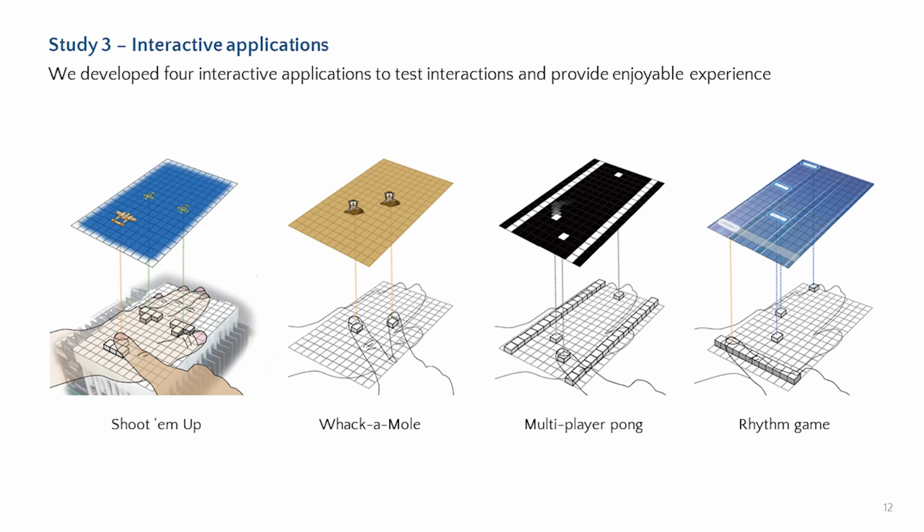In Shoot 'em Up, the player manipulates an aircraft to shoot down threatening enemy planes while avoiding falling obstacles. In Whack-a-Mole, the player selects randomly appearing moles as quickly as possible. In multiplayer Pong, 2 players play against each other by controlling a paddle to hit the ball to the opponent's side. In Rhythm Game, the player selects falling targets that match the rhythm or notes of a song with the